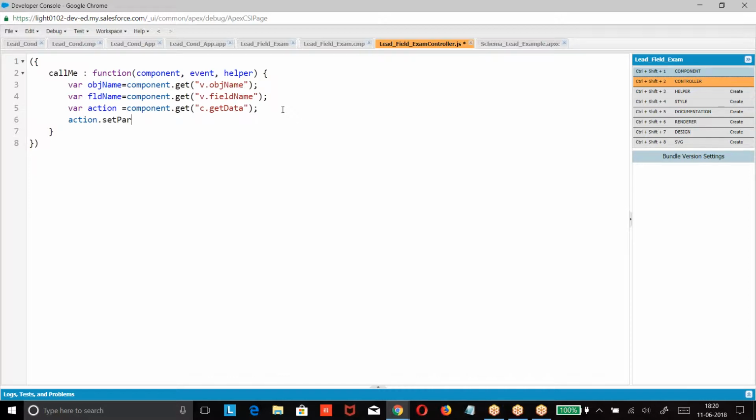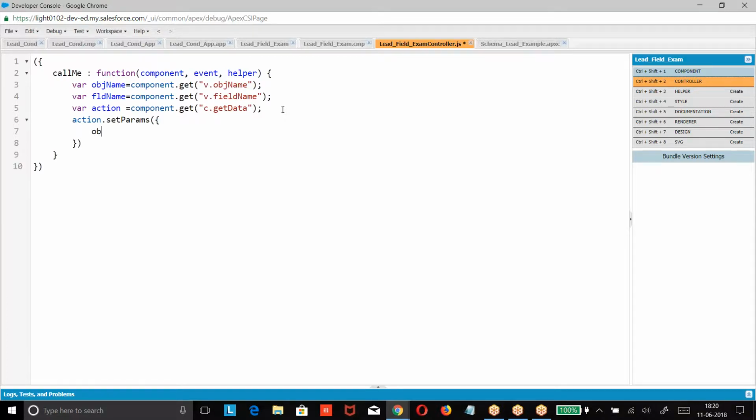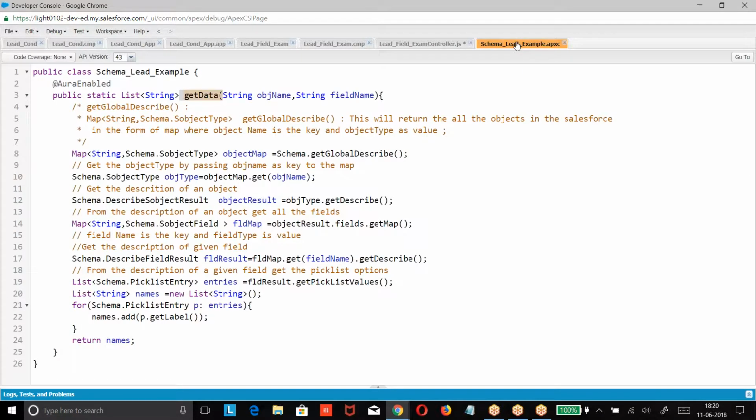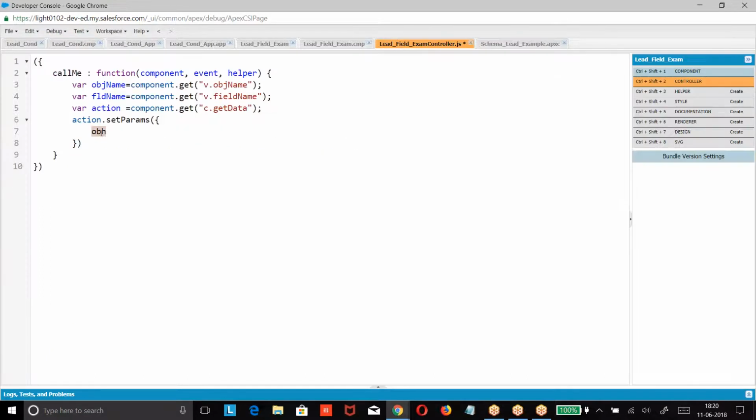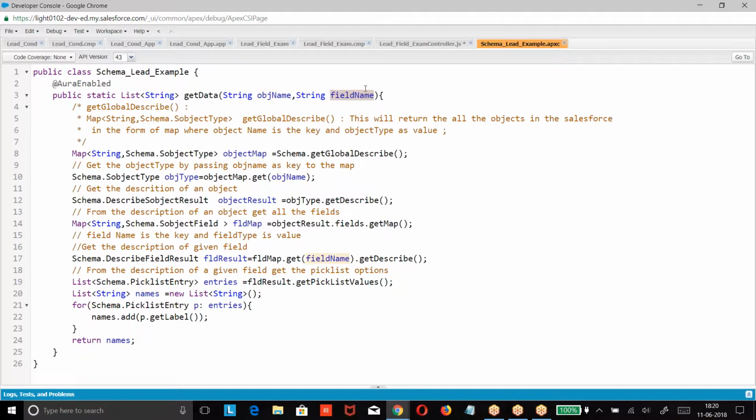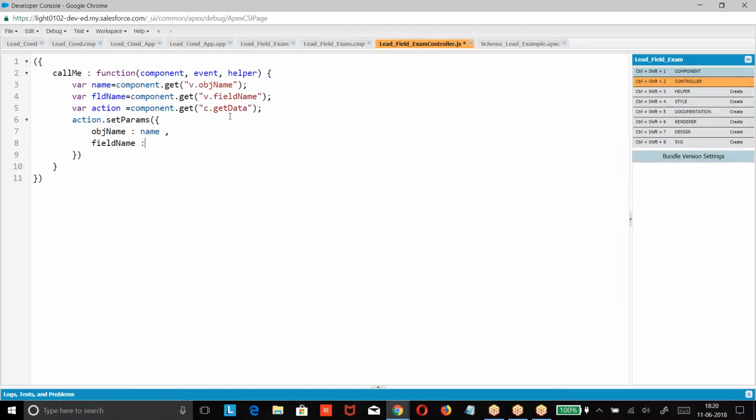Action dot params. What is the parameter we had? First, the exact name should be given. OBJ name, colon, comma, field name.